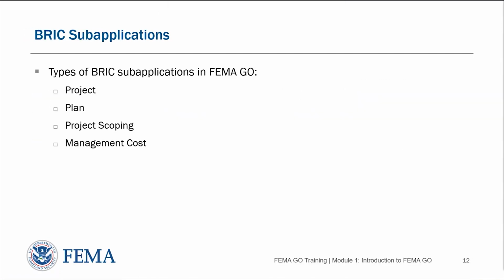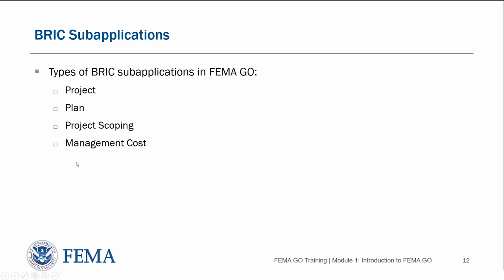Let's look at the different types of sub-applications available in FEMA Go. Hazard mitigation assistance non-disaster sub-applications are program agnostic, as I mentioned before, until they are attached to a BRIC or flood mitigation assistance grant application. So if you're creating a sub-application, you're just going to have the option for a project, plan, project scoping, or